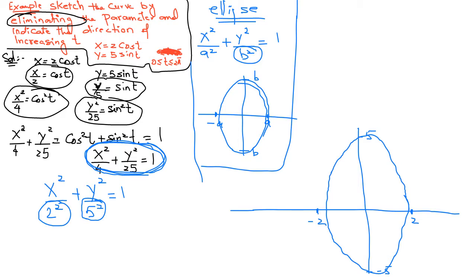And t is between 0 to 2 pi. So this line is 0, this line is pi by 2, and this is the orientation of the graph. Got it? Understand? Is this okay?